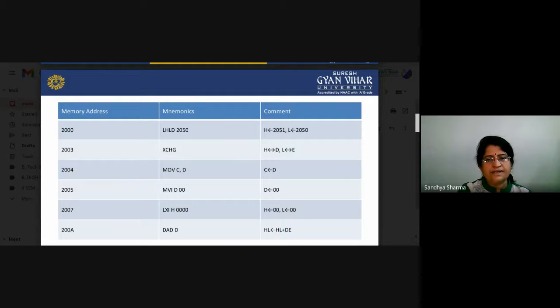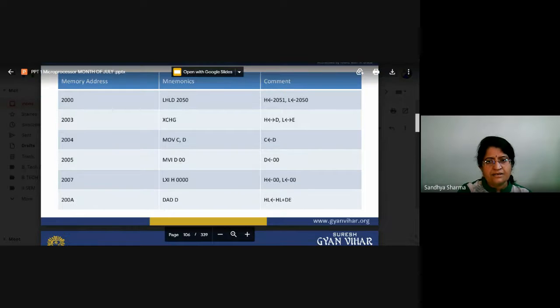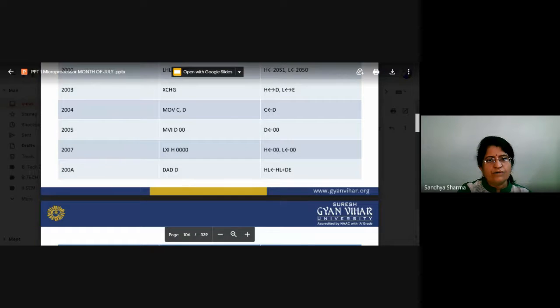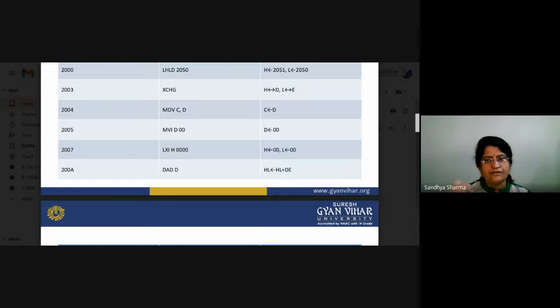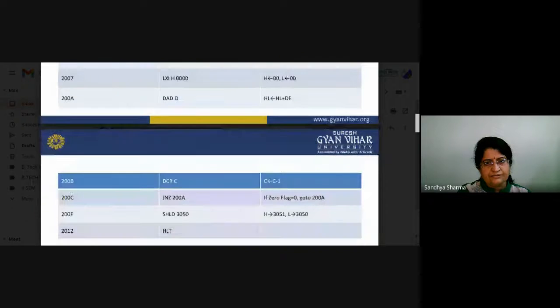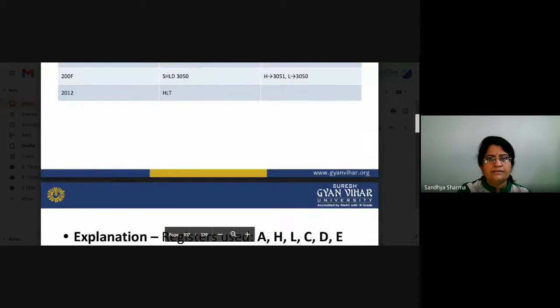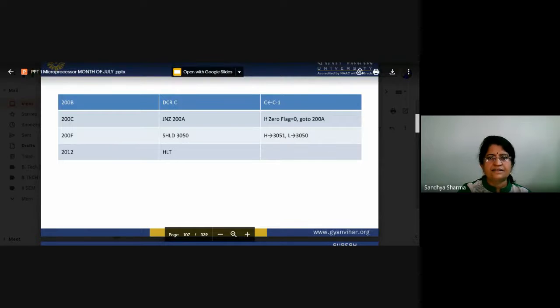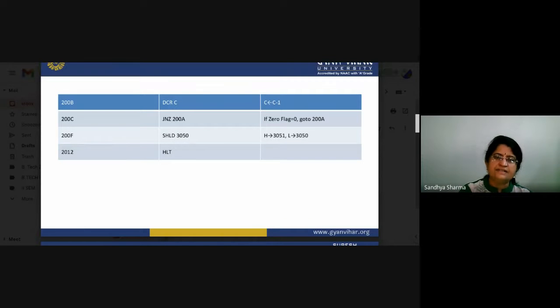So now DAD D. What will happen here? The content of HL and the content of D will be added. After that, you can see DCR C, so there is a decrement of C, and JNZ, which is jump if not zero. If the zero flag is zero, go to 200A.